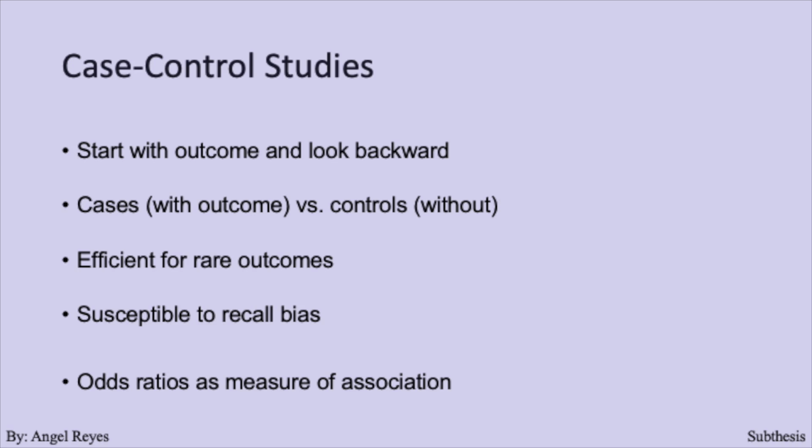Researchers select participants who have the outcome, cases, and compare them with those who don't, controls, examining differences in previous exposures. This approach is particularly efficient for studying rare outcomes, requiring far fewer participants than prospective designs. However, case control studies are susceptible to recall bias, as participants' memories of past exposures may be influenced by their current health status. Results are typically expressed as odds ratios, indicating the relative odds of exposure among cases compared to